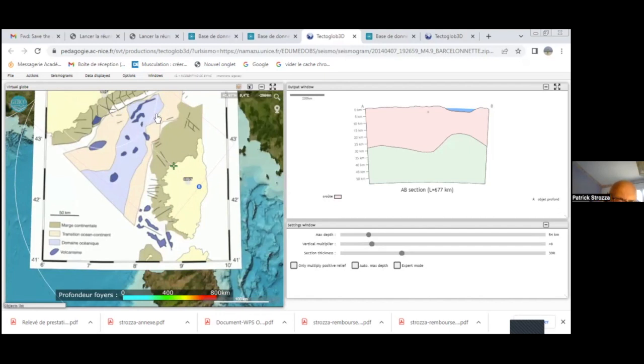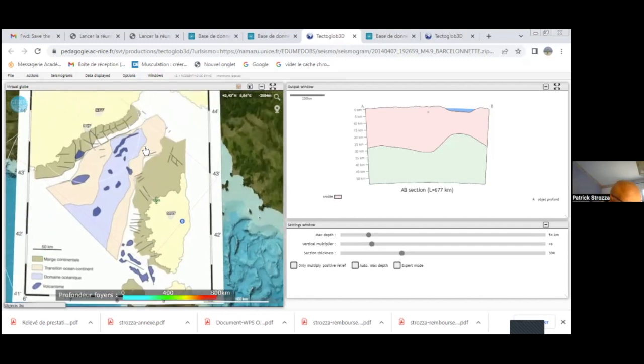We have a kind of symmetry on both sides. We can imagine we have a kind of rift here and a symmetry between this axis. We see we have some faults